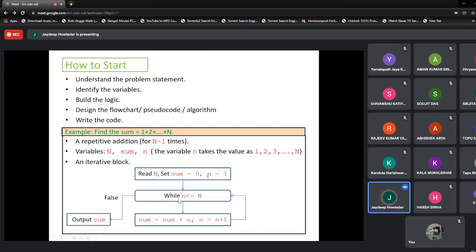If small n is less than or equal to capital N, then we perform these two operations: sum equals sum plus small n, and n equals n plus 1. And how many times do we do this?